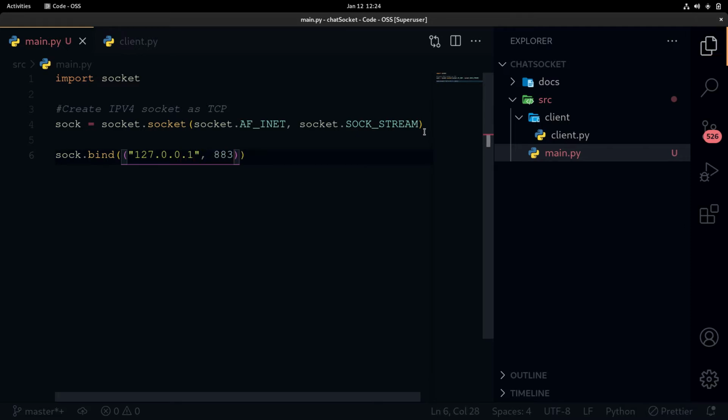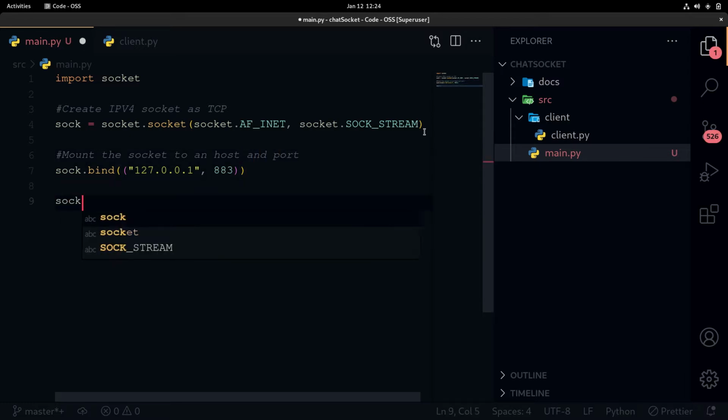In this case I will use port 883, and the address is the localhost. Let's specify here: mount the socket to a host and port.